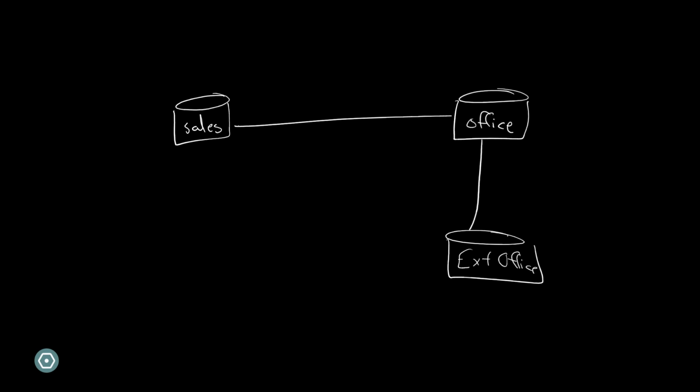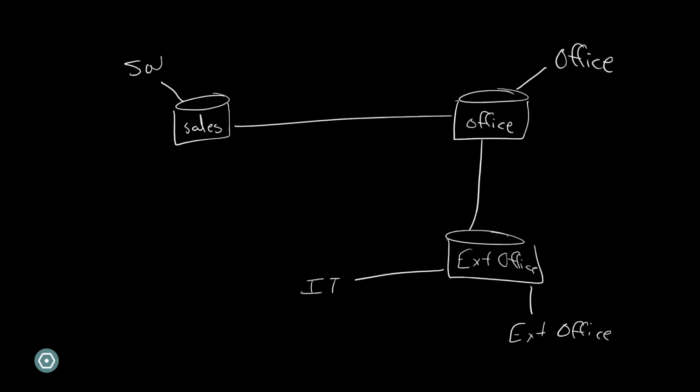And in the exterior office, we have our IT department, which will have various hosts, and we have our exterior office staff. Off the office router, we have our main office staff. And off the sales, we have our main sales staff. Now, the network addresses that we calculated, starting with the office staff, because that was the first network we did, would be